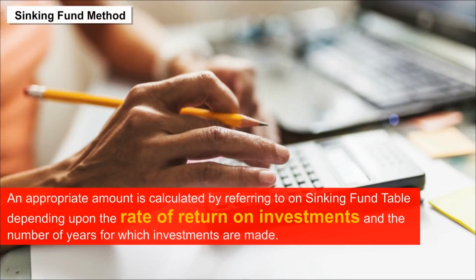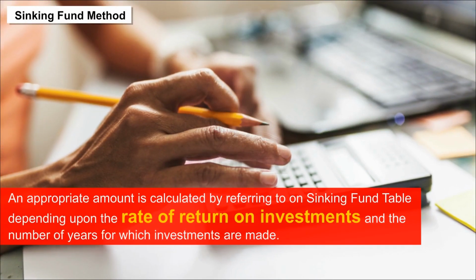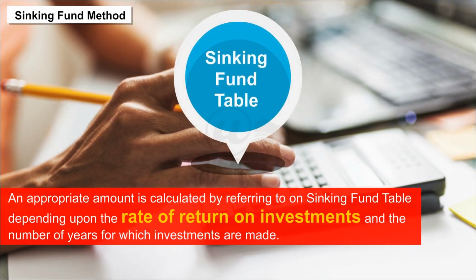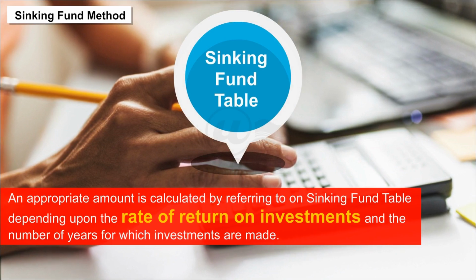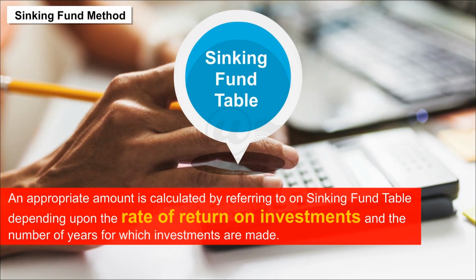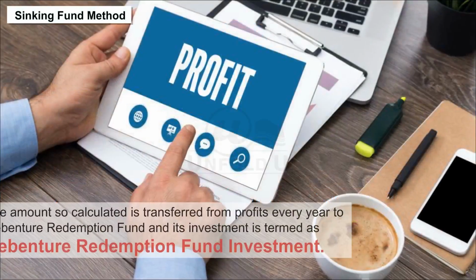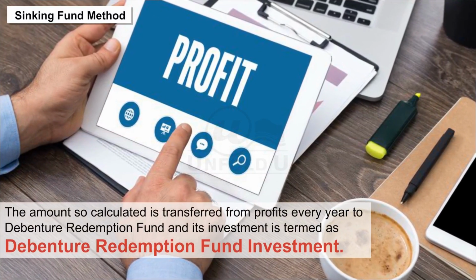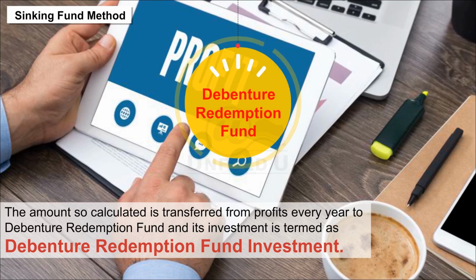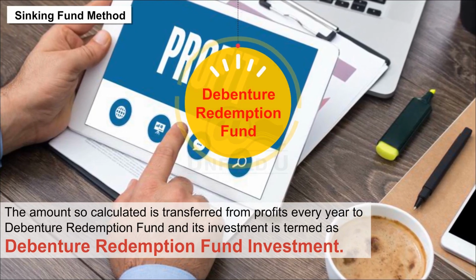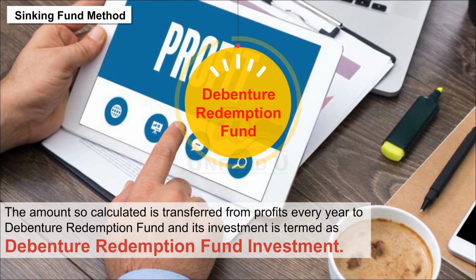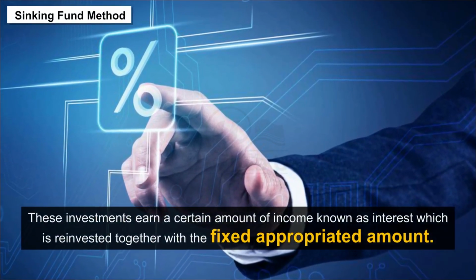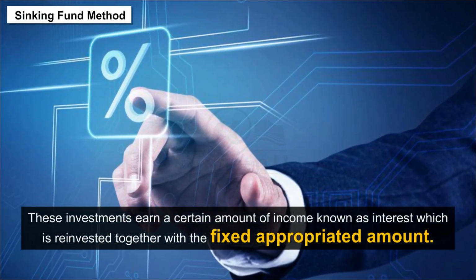An appropriate amount is calculated by referring to a sinking fund table depending upon the rate of return on investments and the number of years for which investments are made. The amount so calculated is transferred from profits every year to debenture redemption fund, and its investment is termed as debenture redemption fund investment. These investments earn a certain amount of income, known as interest, which is reinvested together with